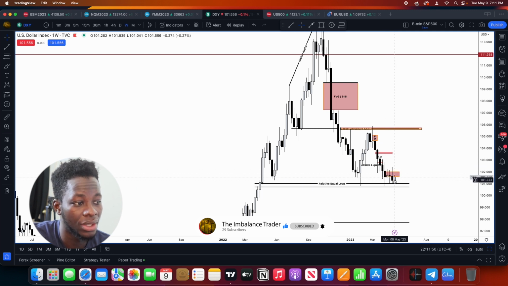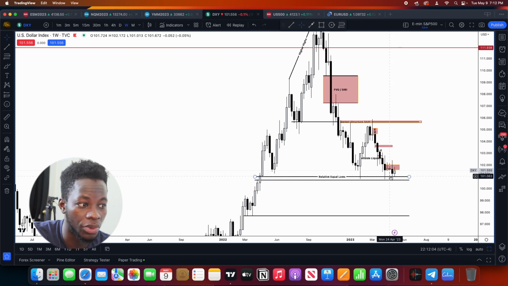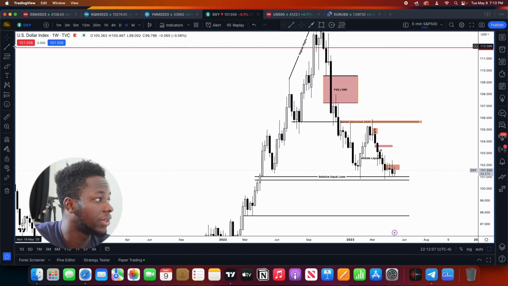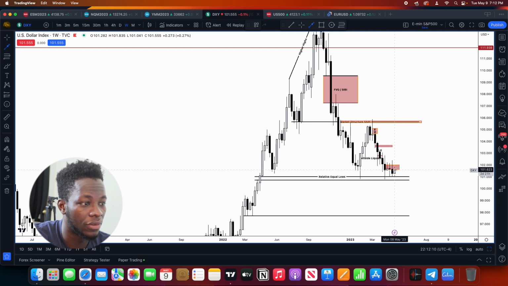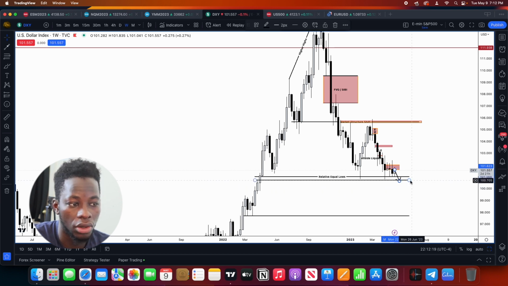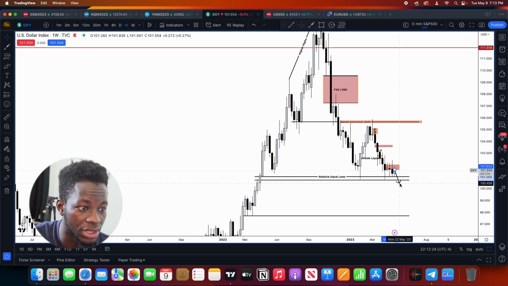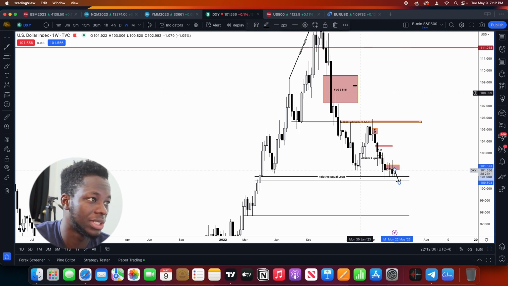Once we hit it at the beginning of April, we have seen some consolidation in this zone. Ideally, we would like to see price trade through the fair value gap, which will set the opportunity for price to move lower. If we were to do something like this, from here to here, at least hit the 100 big figure, or the 100.500 big figure, which is this level right here, to come down all the way to this level.